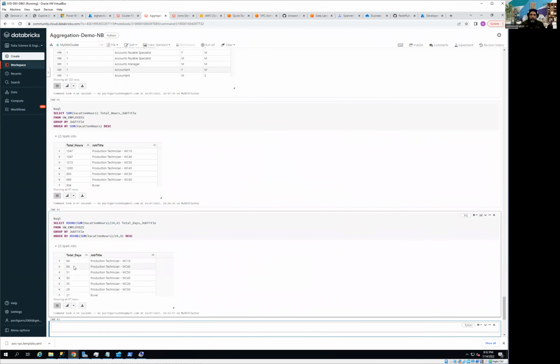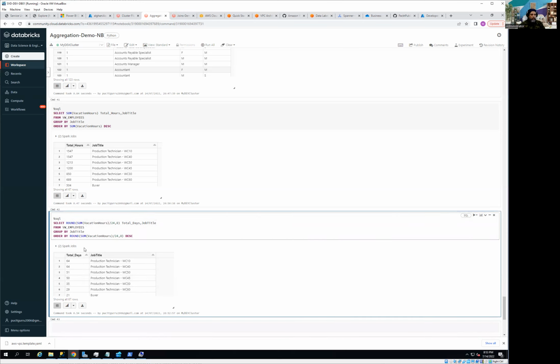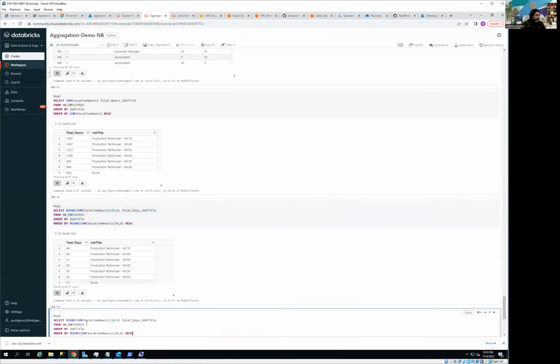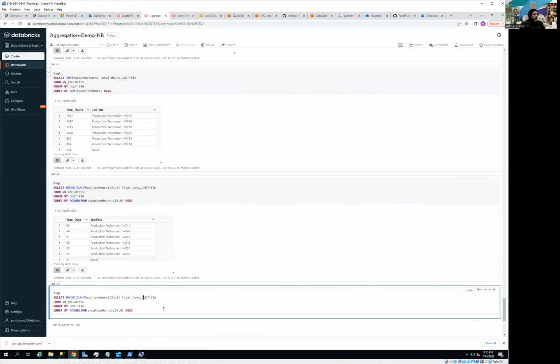So now you can see we have rounded the number of days that we are getting by the job, and you can see the total number of vacation days are the highest with the job title WC10, and obviously then we have WC50. So that will really help you. And now the same way what we can do, we can also look at the average. So let me just copy the same statement, and beside the total days, I'm just going to look at the